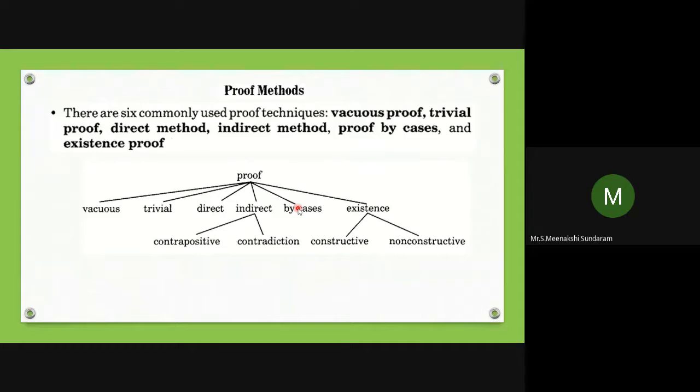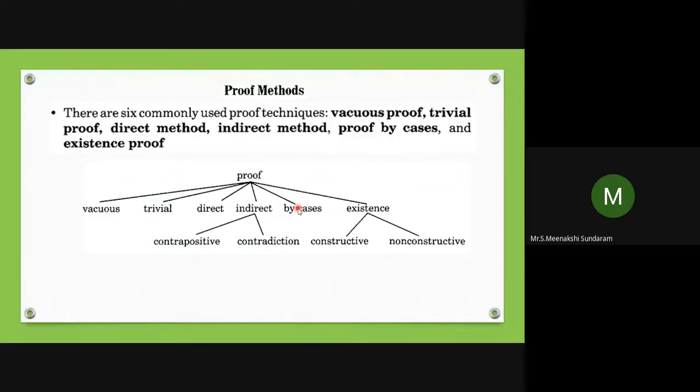Vacuous. Can you tell what you mean by vacuous proof? Can you remember what you mean by vacuous proof? Sometimes they ask for theory questions, to explain or discuss the proof methods or proof strategy. So vacuous proof means the input value: when P is false, P conditional Q must be true. That is, the input is false, we don't bother about the output. So only the input is false, then the conclusion is true. That is a vacuous proof.